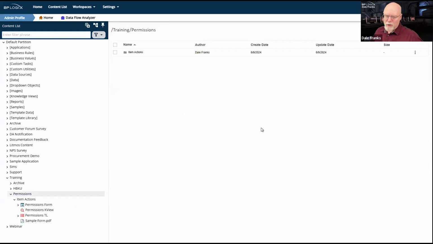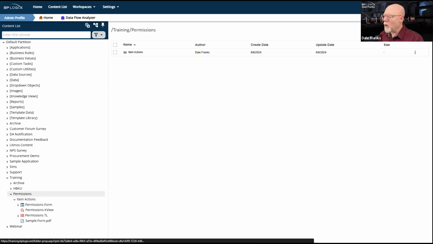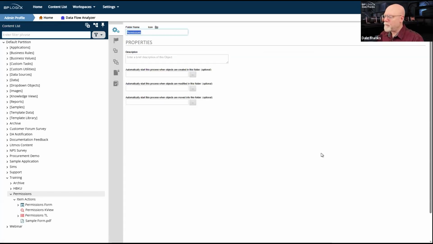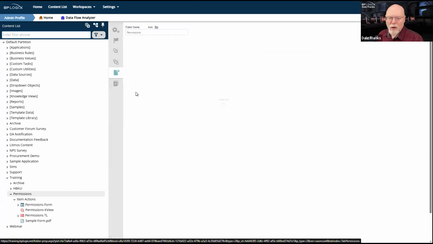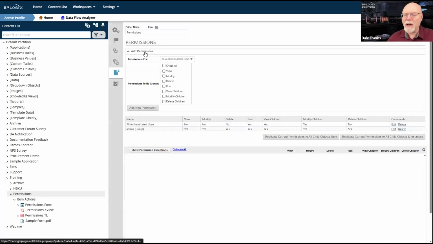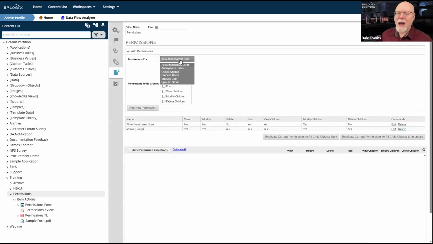If I go into a random folder, here is the webinar folder for today's webinar, and go into its properties, there is a permissions tab, and every object in Process Director has a permissions tab. We're going to look at this tab a lot closer a little bit later, but up at the top in the Add Permissions section, there is a drop-down that enables you to specify the users to whom you would like to grant permissions to an object.